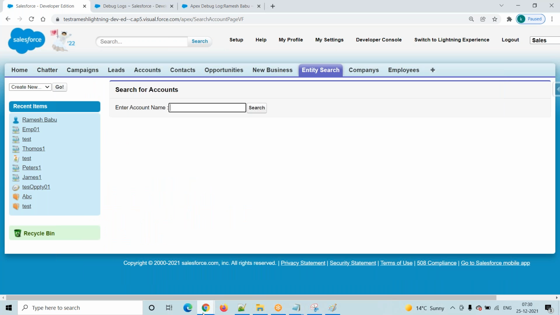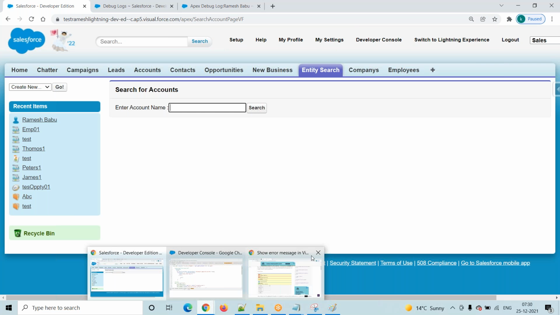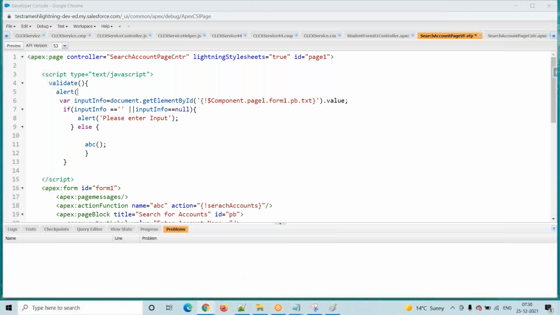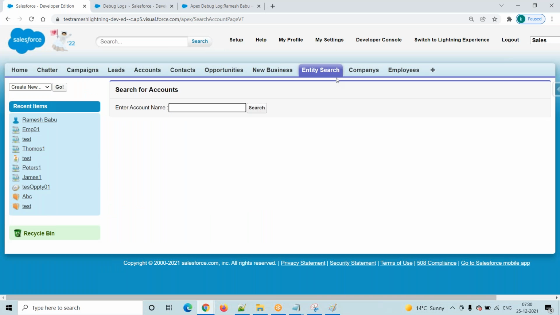Let's see whether it enters or not. It is not showing anything. I will put an alert, entered into this method. Now go here, entity search, click on the search button. Still it is not identifying.